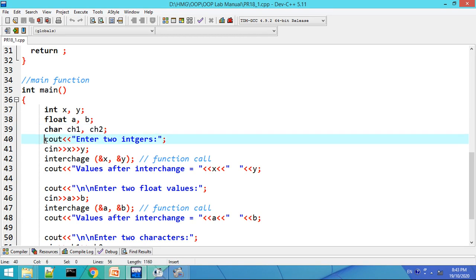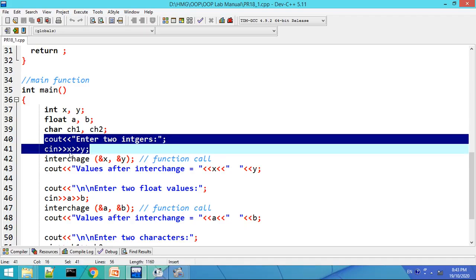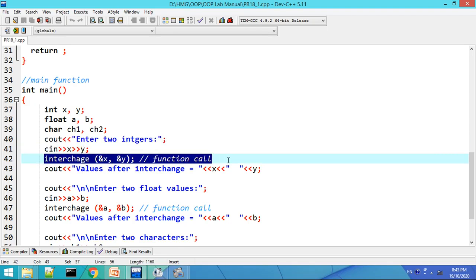Then I will ask the user to enter two integers. Then let us accept the values of the x and y variables using cin, and then call the interchange function. So here this is the function call interchange(&x, &y). Whenever you are passing pointers as arguments to any function, you have to pass the address of the variables. So I am passing the address of the x variable and the address of the y variable as actual parameters, and like this the interchange will happen between x and y in terms of pointers, and the values of the x variable and